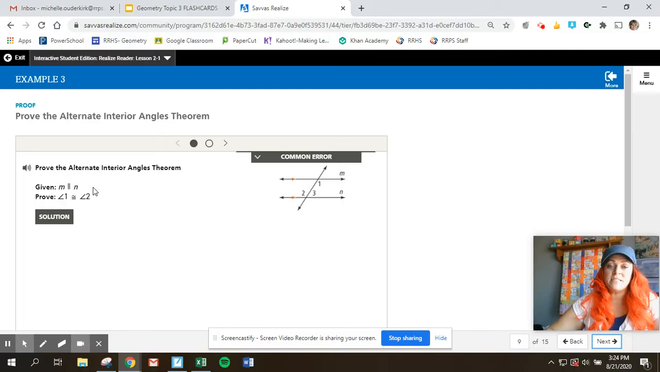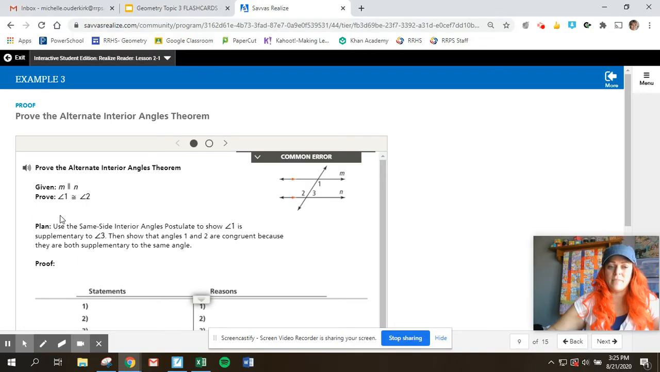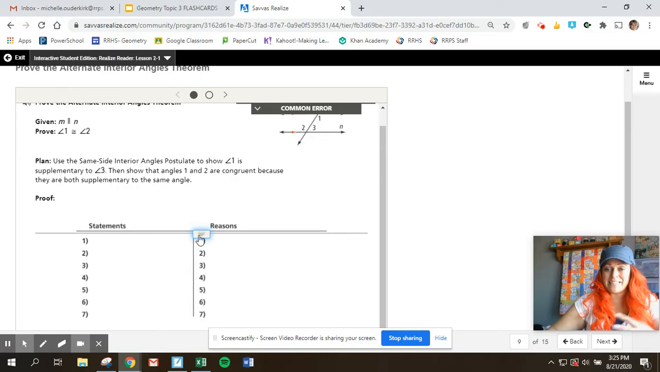The statements should start with what's given. So I'm going to start my proof right here with M and N, those two lines. If you didn't know this already, those two lines mean parallel. They actually look like parallel lines. So M is parallel to N. That is given. Okay, and then our proof should end with this. So I'm going to click the solution. Notice it's a drop down, so I can pull it down and see it, but I want you to know that